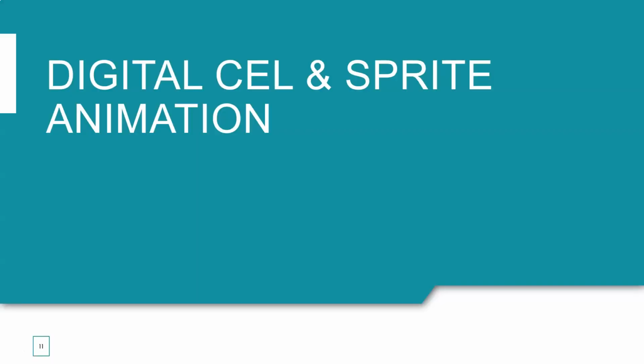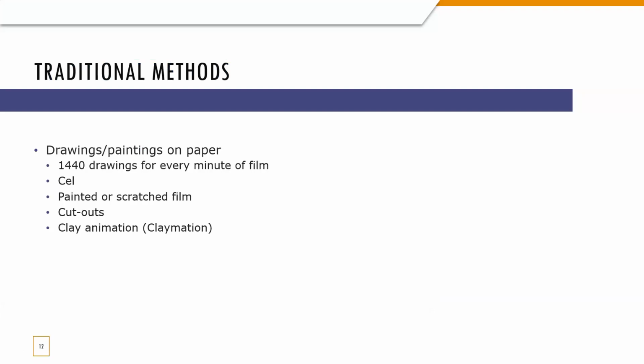Okay, move on. We look at the concept of digital cell and sprite animation. I will discuss the difference between traditional animation and also computer animation later on, but we discuss the first one. For the traditional methods, when we talk about animation, the concept of animation is actually a sequence of images. Last time, during the traditional methods where we don't have the computer, most